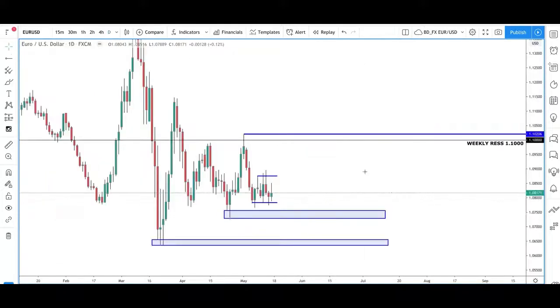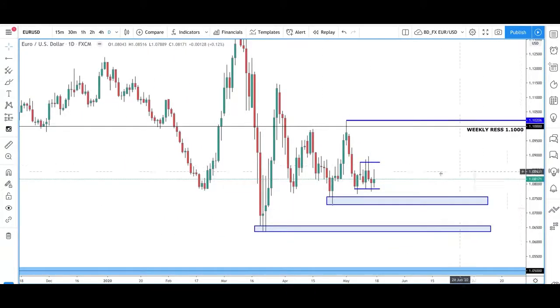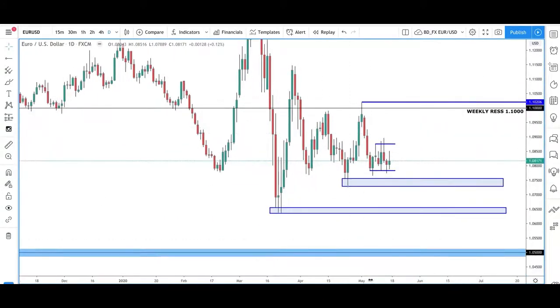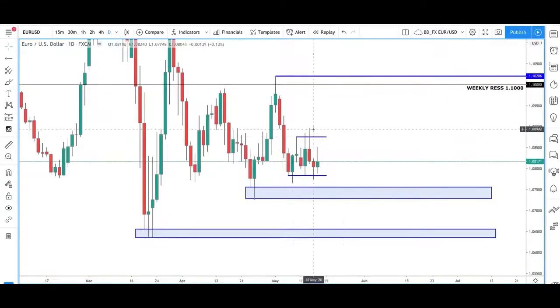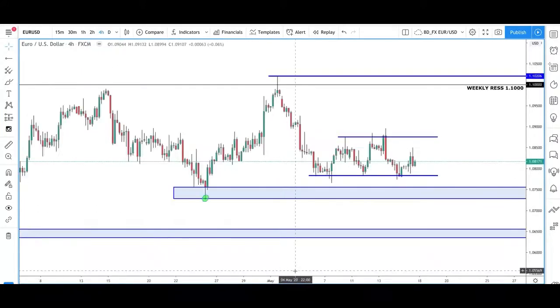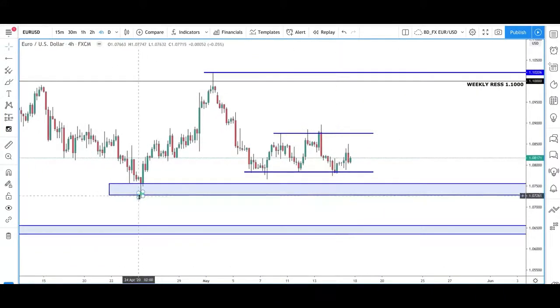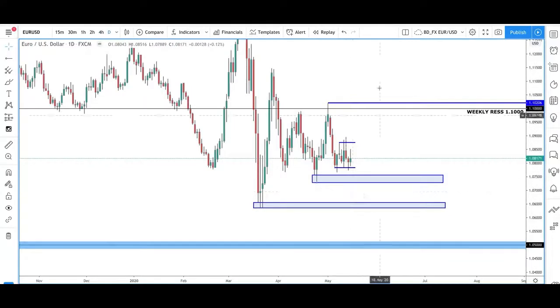But what I'm expecting here, when we're looking at the US dollar, is for Euro USD to come out of this sort of range it's been stuck in here on a daily and come down and tap into this level, which I've been talking about for a few weeks as well. This level just sitting below us here, this low here, coming down, tapping into this level, finding support before seeing that move back up to the upside.